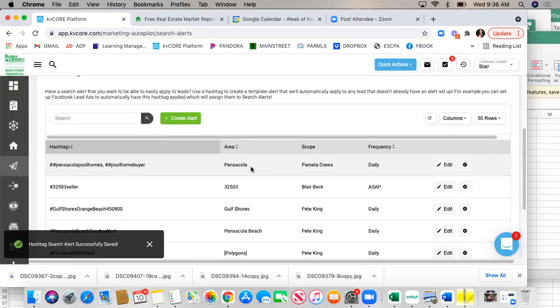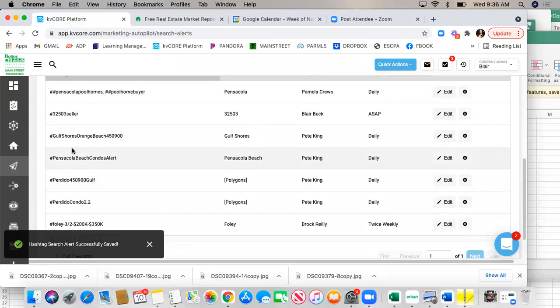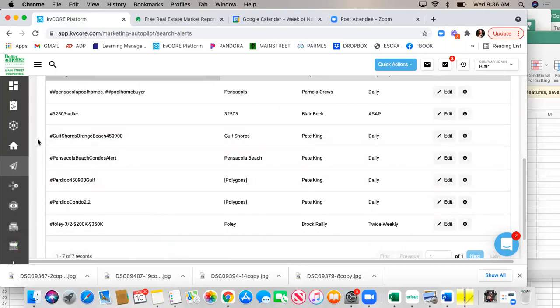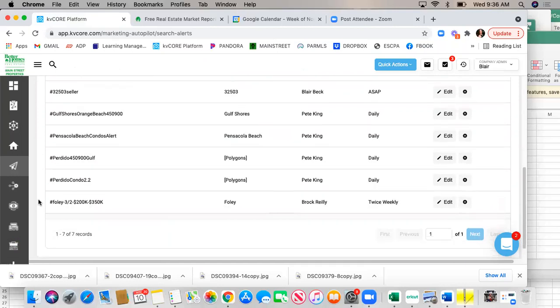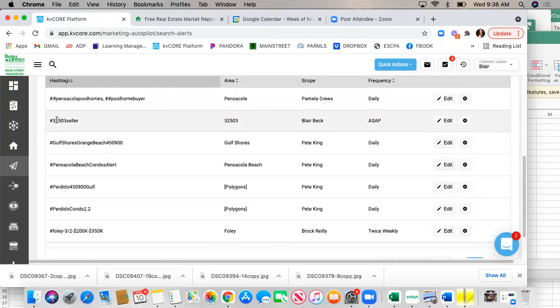You click add. And now anytime someone comes in on that squeeze page, they're going to be dropped into your CRM. They're going to be put on a campaign automatically for buyers or sellers. And then you can get really specific. So if you want to make a Pensacola pole home campaign to go along with your search alert here, you can do that. Or you can just leave it, let them get a buyer campaign and have them getting this listing alert as well. So this is a great way to automate it, get these leads in here,